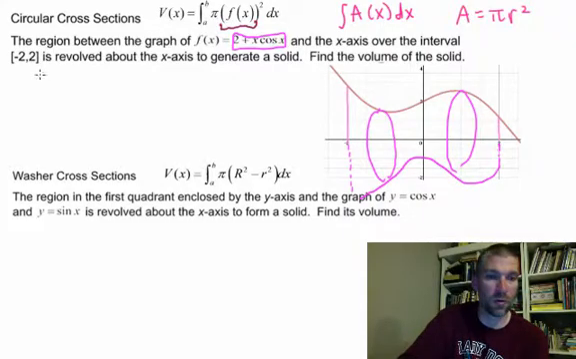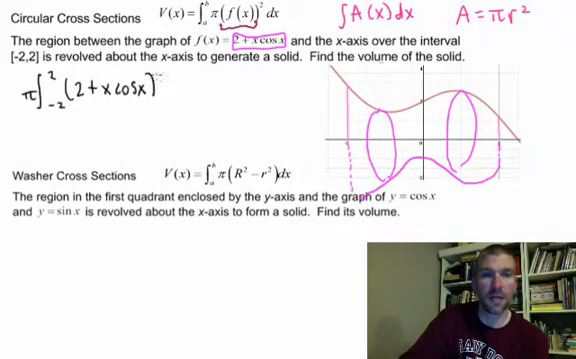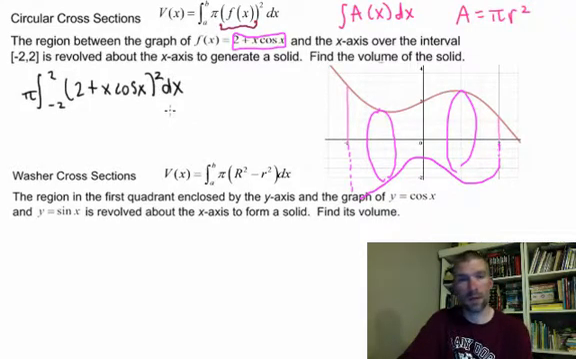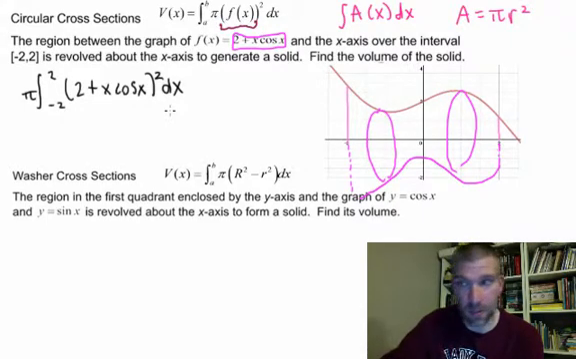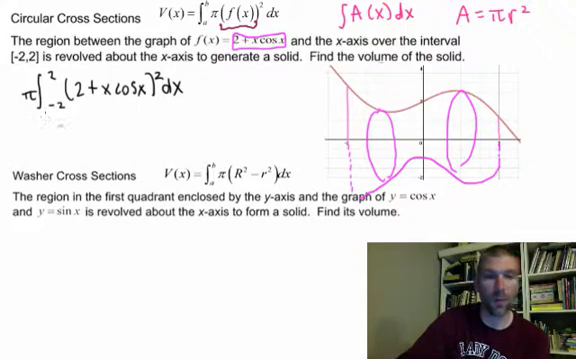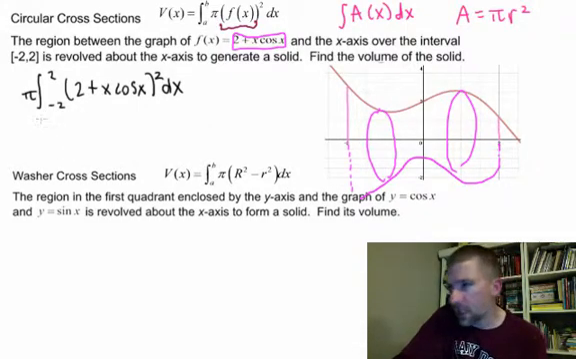So the integral on this particular one, and they give us the setup, goes from -2 to 2. And it's going to be pi times the whole thing, right? Times 2 plus x cosine x squared, because that's the radius, dx. Okay? Punch this into your calculator now. It's really easy to do. It's not hard. And when you punch it in, I get